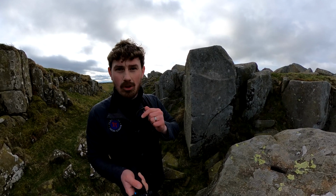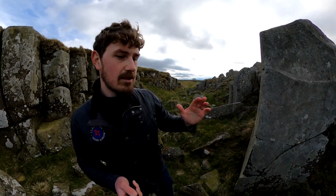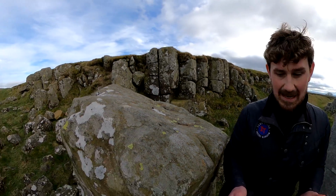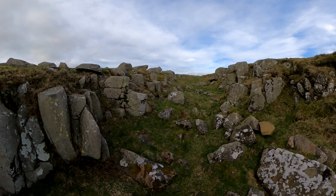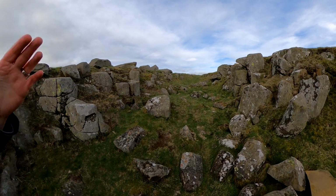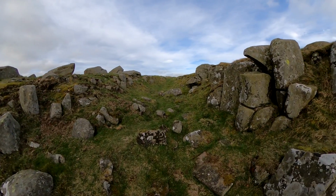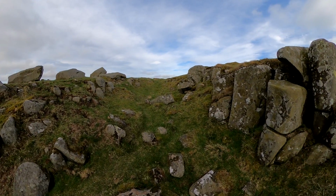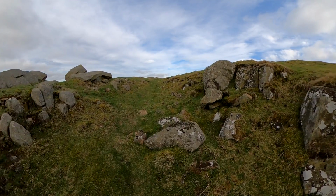Because to the south of here, in the vallum, the ditch behind the wall, they dug for a straight mile right the way through the whinstone and created the vallum, and you can still see that today. Yet here at the wall ditch, they didn't. They left it as it is, and as you look in front of me, you can see how it becomes shallower and shallower and shallower until eventually you just have a small dip in the boulder clay, and it's more likely that some of that dip is actually created by modern day walkers,